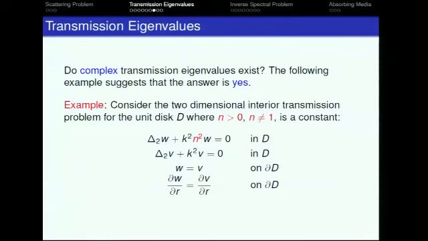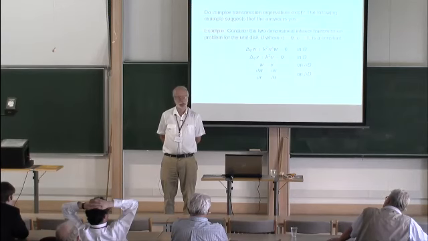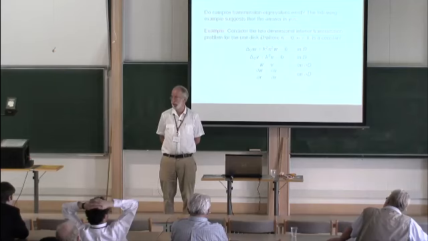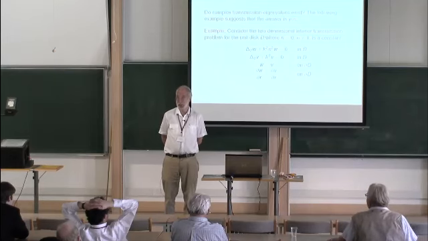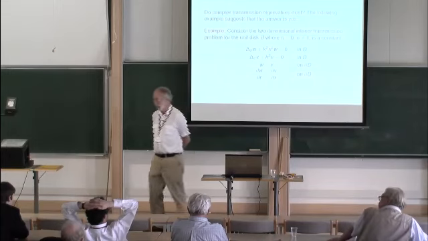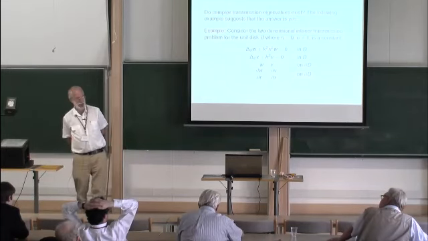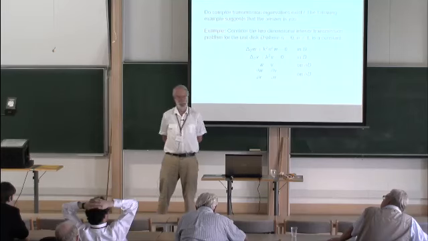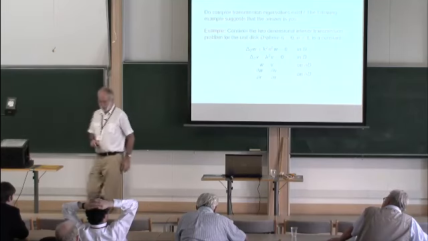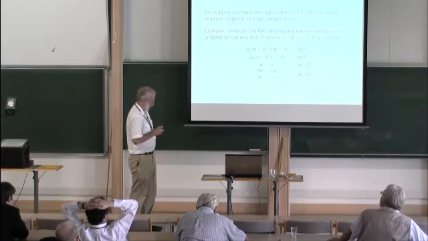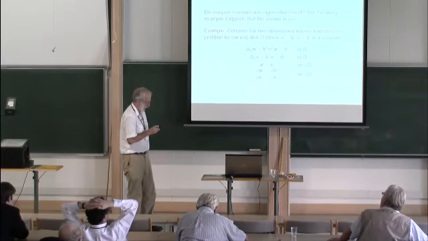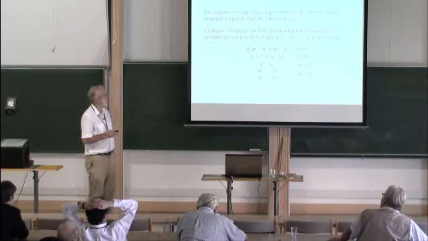And up to now, I've told you, at least in the abstract, that this problem is not self-adjoint. But if you look at it, some of you might not immediately identify why it's not self-adjoint. I mean, it looks pretty benign, but one way to convince you that it's not self-adjoint is to show you there exist complex eigenvalues. There are other ways, but my favorite way is to show you the complex eigenvalues, so no one's going to argue with me that it's self-adjoint, I would hope. As I said, at the moment it's not known in the general case at all, but we can do something in the case when n is a constant. And so let me just tell you how that works to convince you there exist complex eigenvalues.